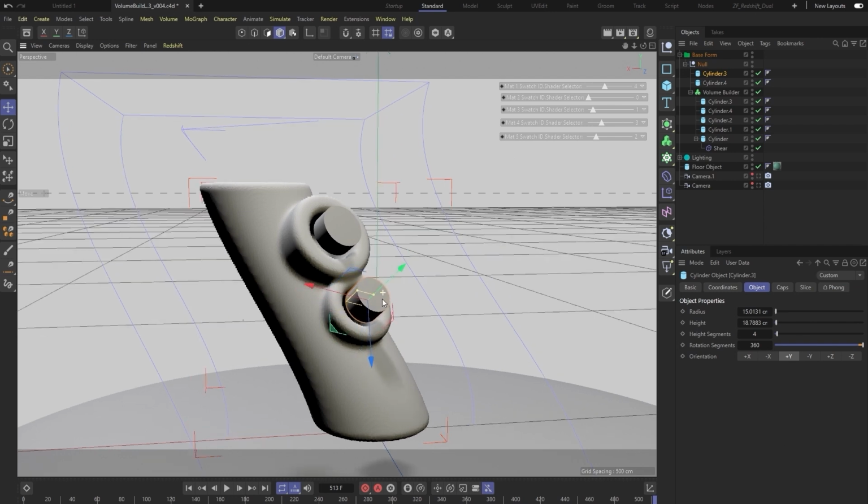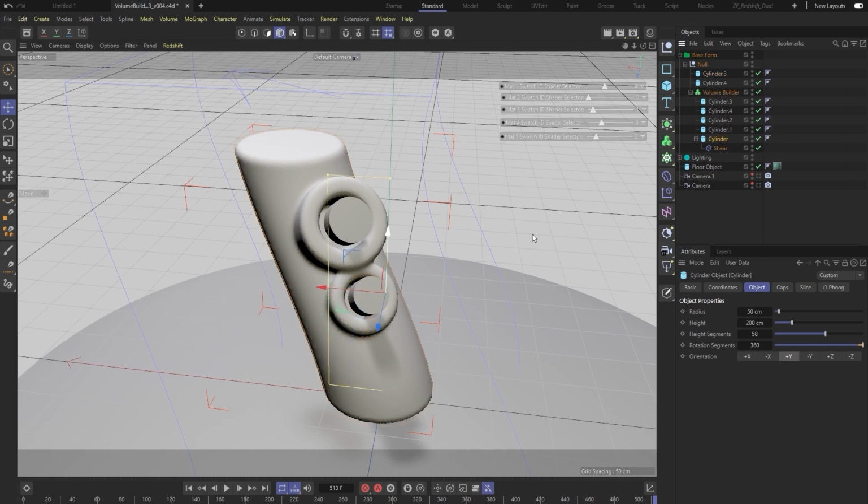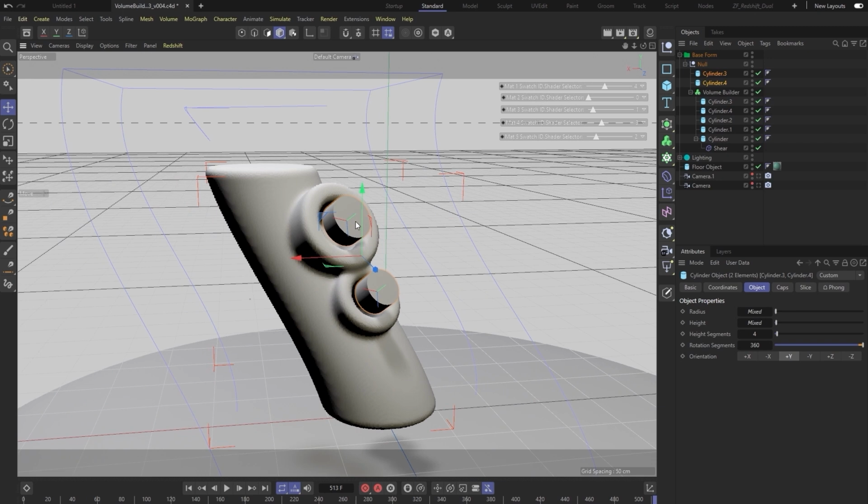It's all just based on, I know I'm going to use these guys as little, I'm going to animate these in. So it's nice to get their positions generally right. And even knowing that I'm not going to put everything in the volume builder, I'm just going to put this initial mesh because I know that's the one part that's going to have a nice big occluding, revealing nature to it. And these guys I'm going to use some traditional animation techniques to reveal, which means animating the radius and the height as well as their position. So they don't need to be in the volume builder.